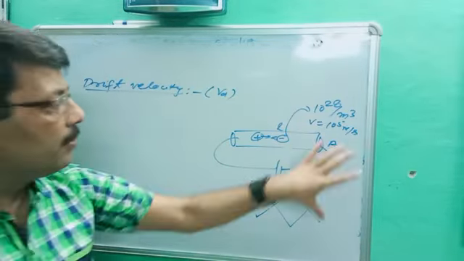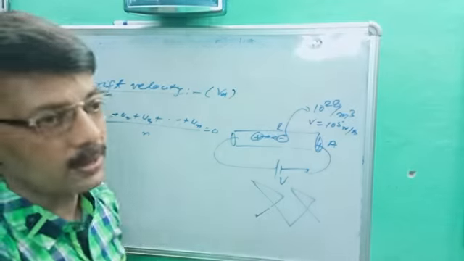They collide with each other, and the total velocity turns zero. When we apply the external field, what happens? First, its total velocity is zero. It means u average is equal to (u1 plus u2 plus u3 plus so on up to un) upon n, which is equal to zero, because they started from rest.